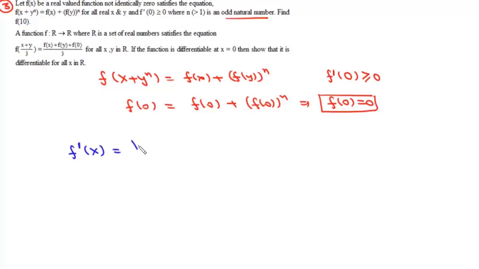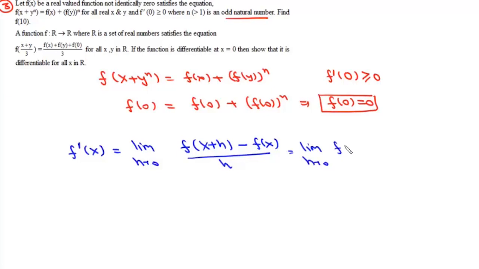Now f dash x will be this limit h tends to 0 of f(x plus h) minus f(x) upon h. Now we write this as the limit h tends to 0 of f(x plus h) to the power 1 by n, to the power n, minus f(x) upon h. Now we know that f(x plus y) to the power n is f(x) plus f(y) to the power n. So we can write this as